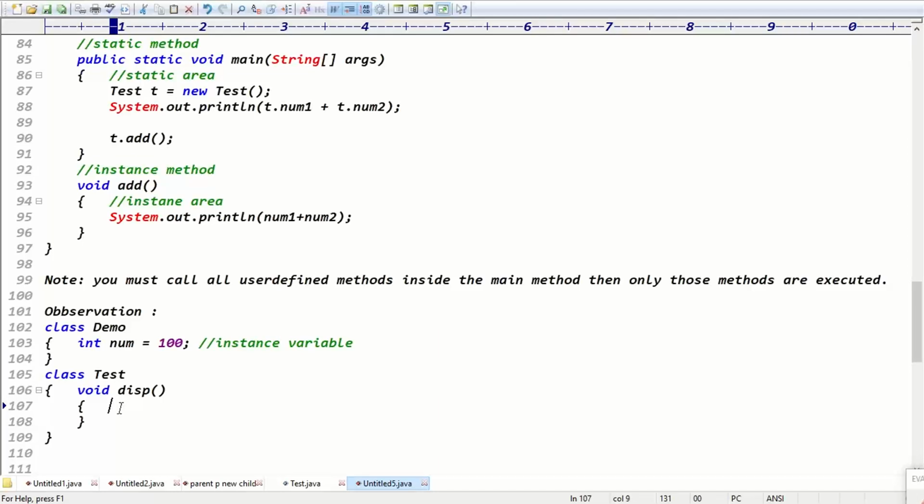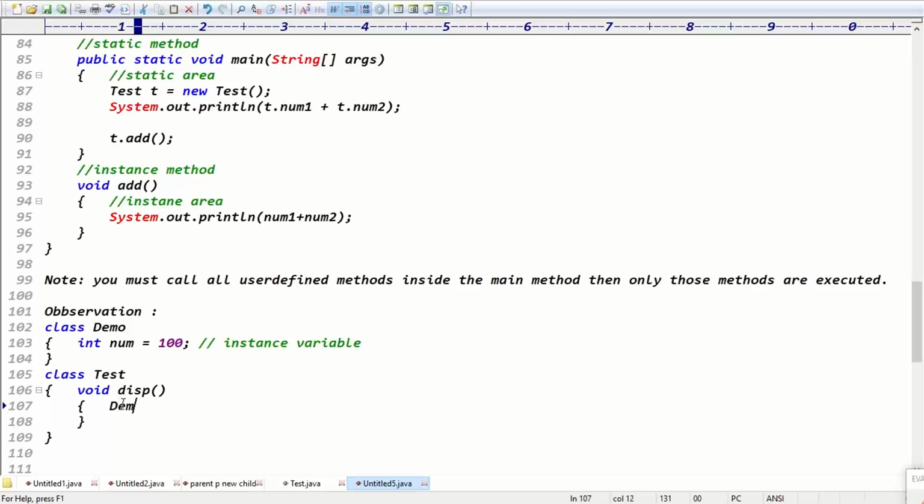Do you think direct access is possible here? They are different classes. Tell me, guys, is direct access possible? No, sir, we cannot access it directly because the classes are different. At project level, most of the time we have different class scenarios. Different classes means you cannot access directly here either. Even though instance to instance, we cannot access directly, so how can we access instance data?